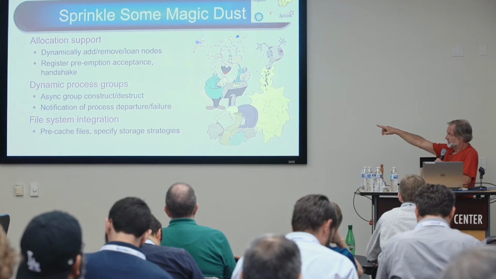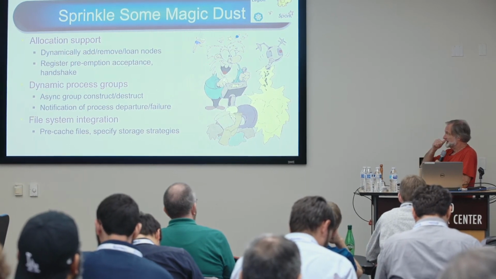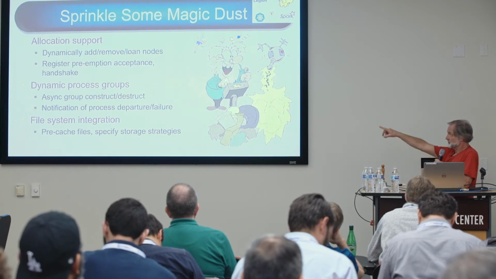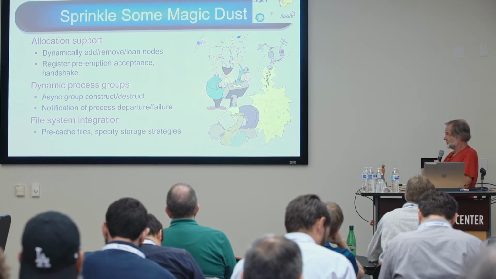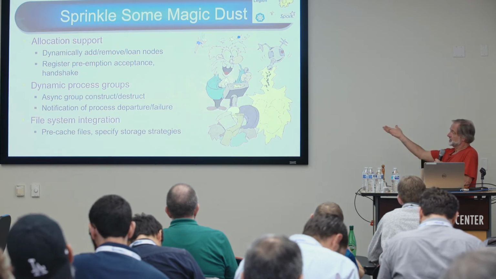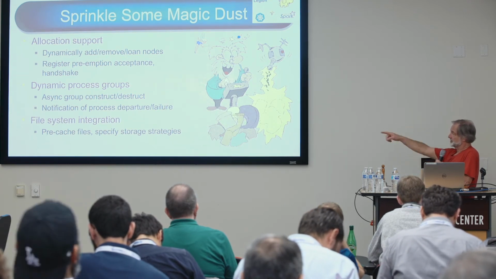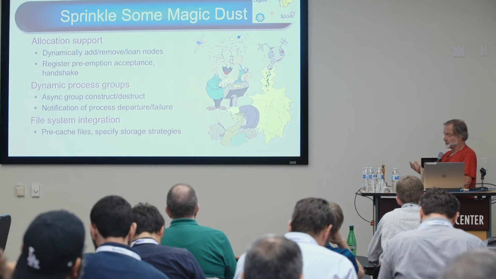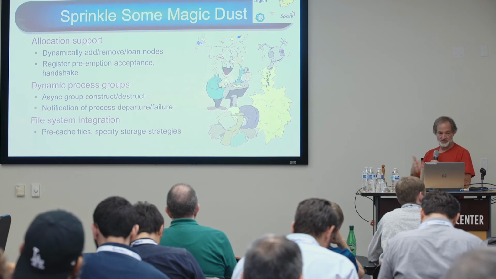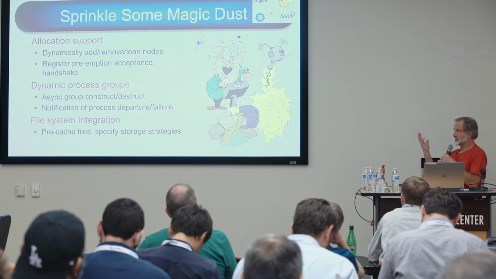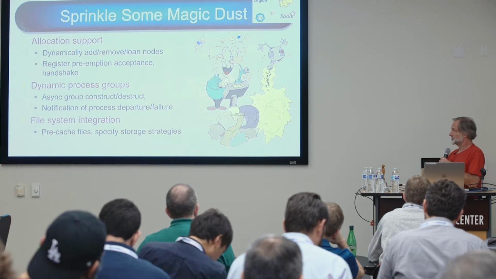The next thing was that the Spark guys and the MPI guys as well, it turned out almost at the same time, came back and said, well, we want the ability to have these dynamic group constructions and destructions. So we created the ability to do that earlier this year, in fact, where you can say, I want to construct a group asynchronously. So here are some processes I'd like to have in a group. It just means that they know about each other, is all it means as far as PMIx is concerned.